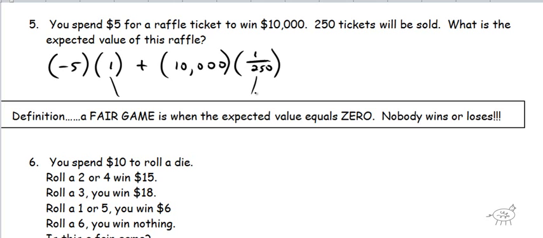Okay, if we're talking like the problems I did before was a dice where everything is included, you're looking at 1, 2, 3, 4, 5, 6, or flipping a coin, heads and tails, of course that's going to be 100% or 1 because all of them are included here. But here, it's just a little bit different. So again, you're losing the $5 because I'm handing them $5, and then the probability of getting 10 grand is 1 out of 250 because of that many tickets. So my expected value turns out to be $45.